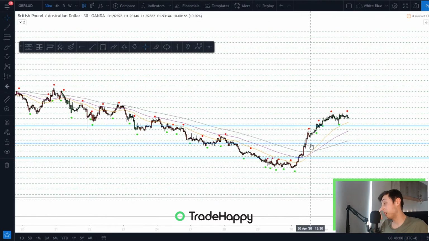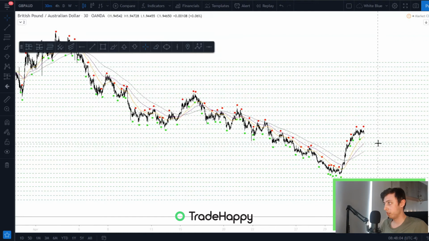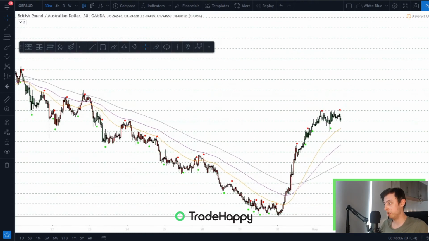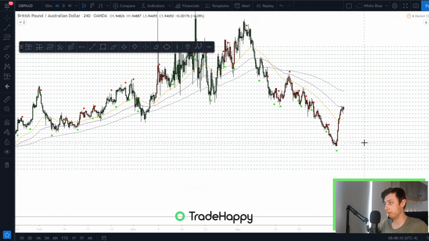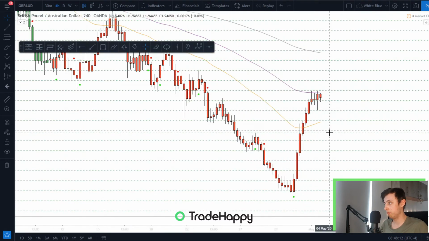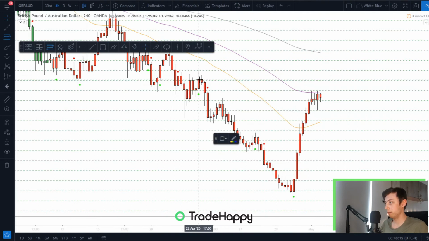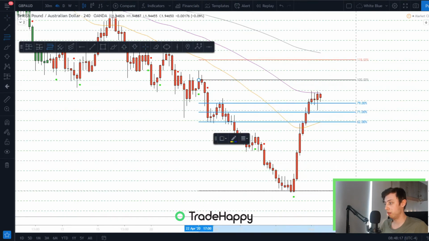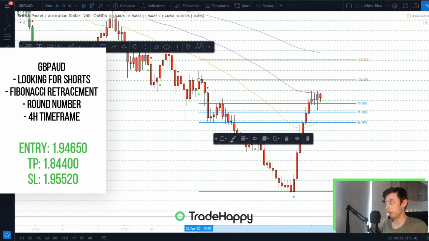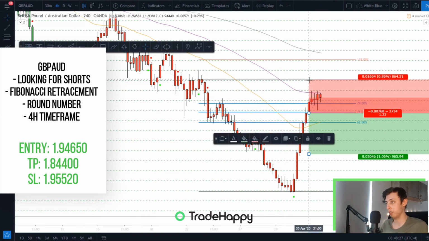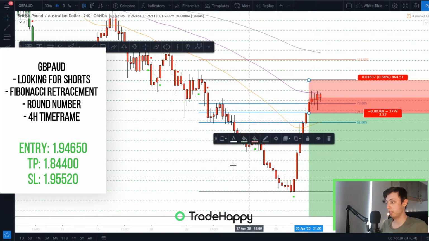The next one that we're having a look at is GBPAUD. So this is looking like a short trade. If we go into the 4-hour, I might be able to see this a bit easier. So from the high down to the low. So you would have been entering here. So you're actually at a better price where we are now than where you would have been if you were doing the analysis last week.